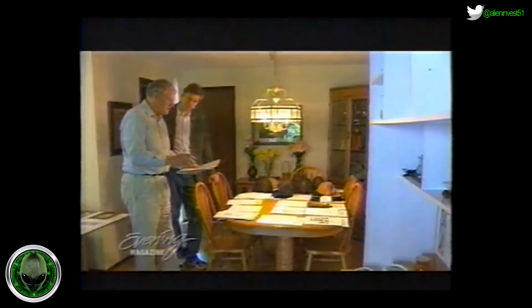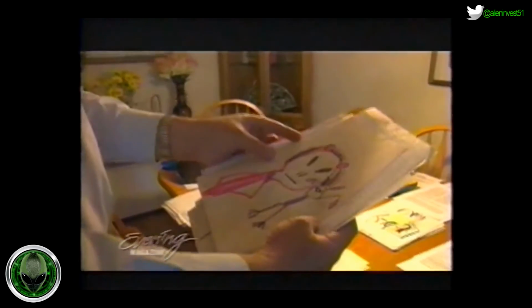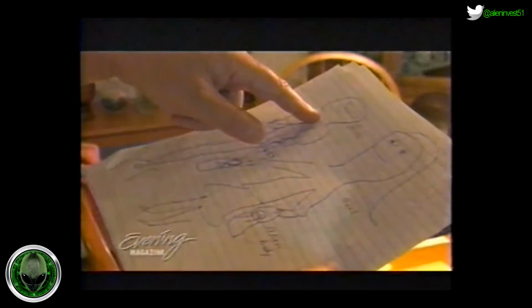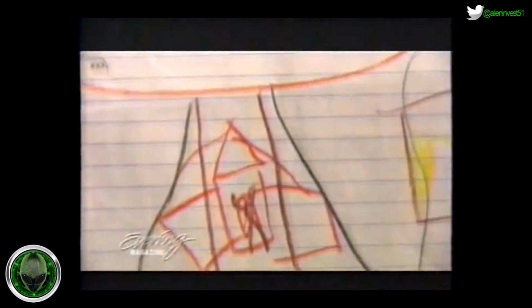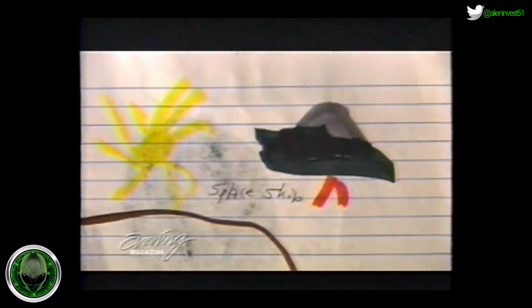Menkin, a brilliant technical writer who's worked for Boeing and NASA, has spent much of his life gathering evidence of alien abductions. Among the most disturbing, dozens of drawings by a young Texas girl named Ariel. This is Ariel. Here's an alien. Here's an alien baby. And we have a drawing of aliens coming to get her as she actually sees them landing. I remember this light, it was in the sky, but...